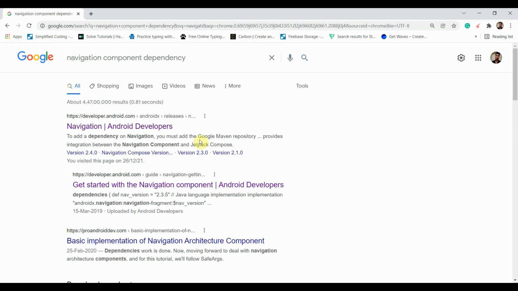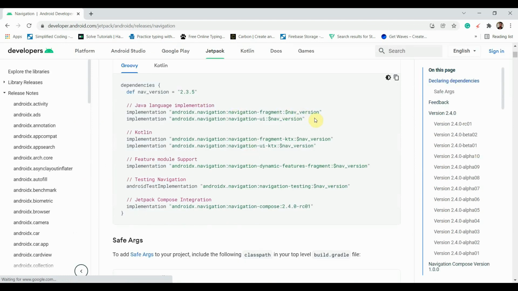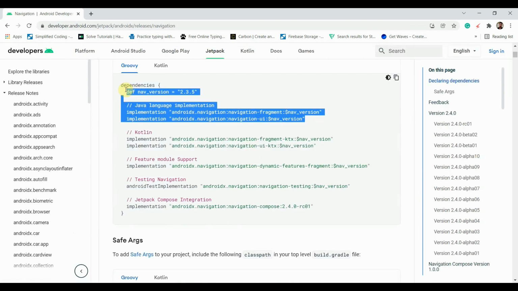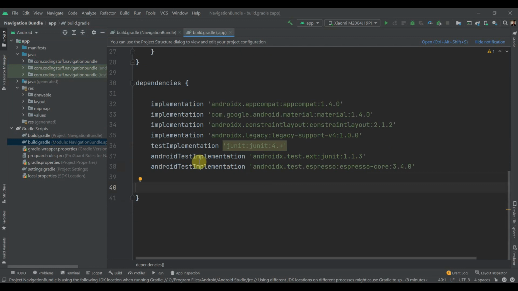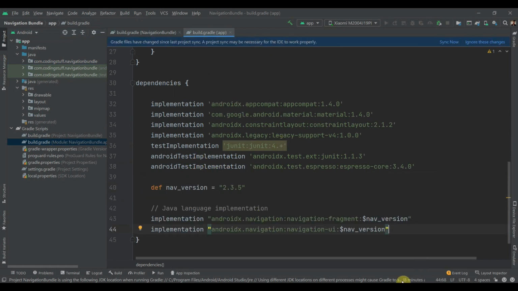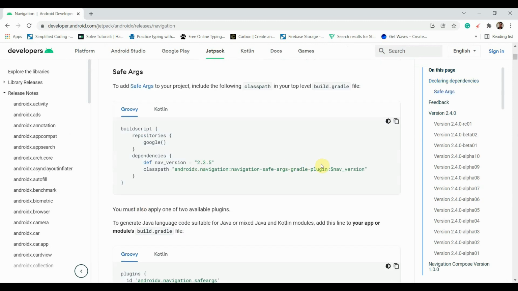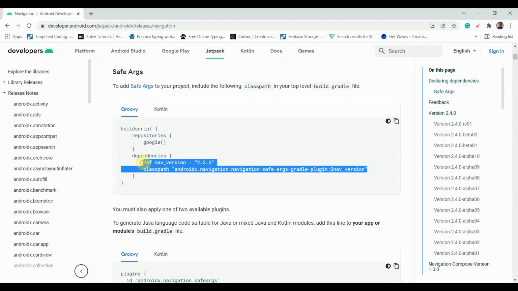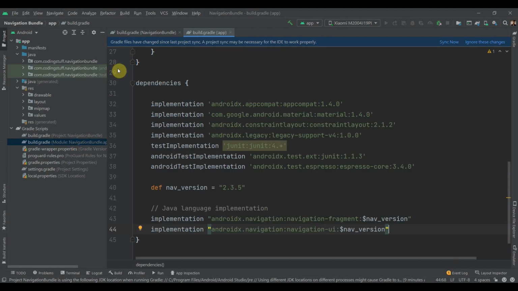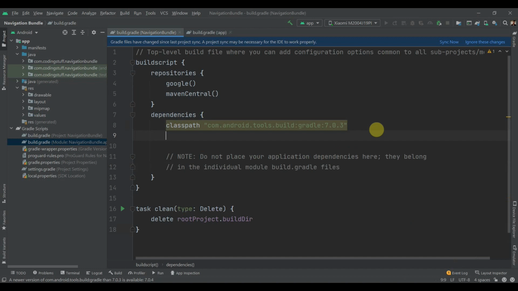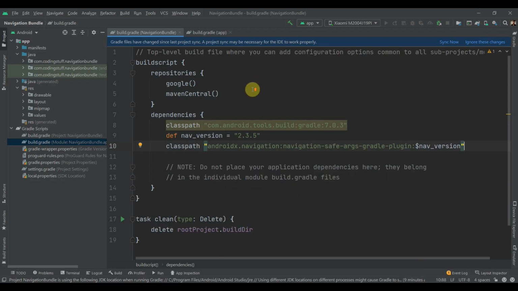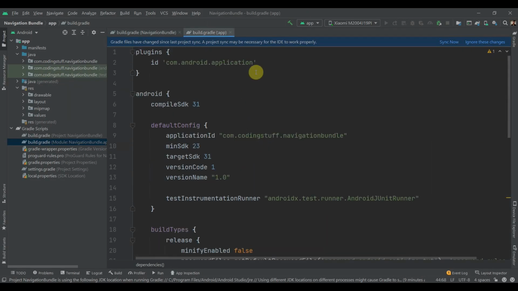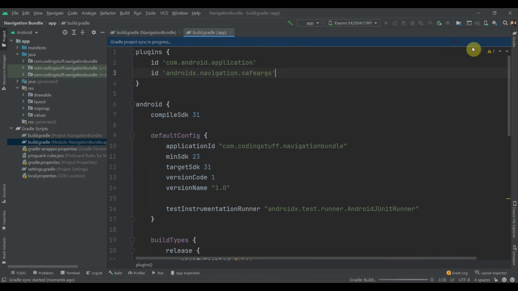So search for navigation component dependency, click on this first link and copy this nav version and implementation, and we'll paste it in the app level module file over here, and we'll copy safe arguments from here, the dependency for safe args, and we'll copy them in the project level dependencies over here, and again we'll add one plugin, copy this and paste it in the app level over here, and then I'll click on the sync now.